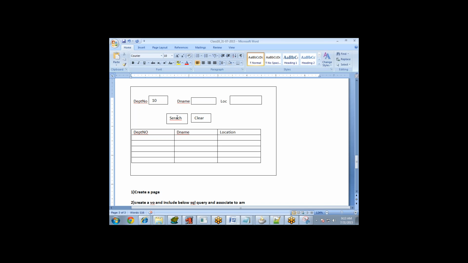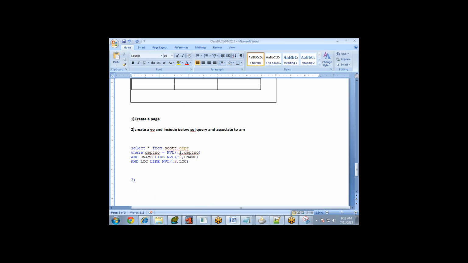This region, these two buttons should be in the center of the page. Row layout, horizontal alignment, center. Then this region, table region. Advanced table you can take. Advanced table we can most probably use for DML operation purposes. Advanced table I will also tell you. Okay. First create